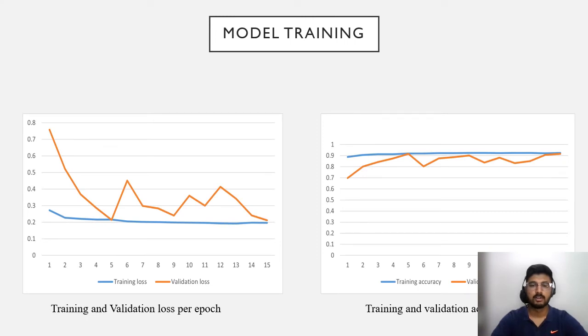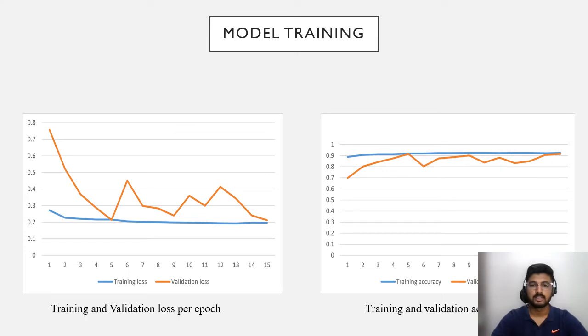After that, the model was subjected to training. It was allowed to run for more than 30 epochs. It gives the best and optimal result in 15 epochs. So we are seeing the optimization in the 15 epochs. As you can see, for the training and validation loss per epoch, we can see that there's a very nominal training loss, but a significant validation loss epoch by epoch. We can see that after 5 epochs, we have reached an optimum point, but we can see that there's a drop after some of the epochs, and the most optimum value for the accuracy is also seen on the 15th